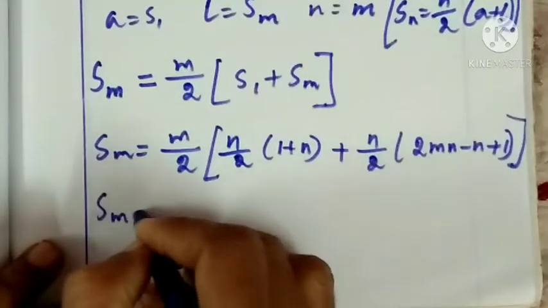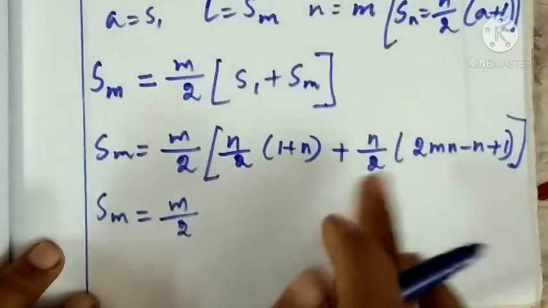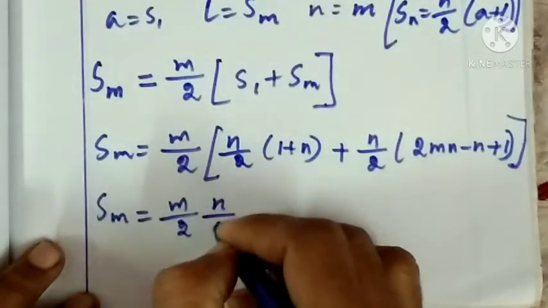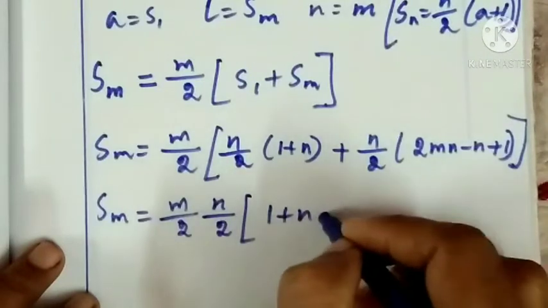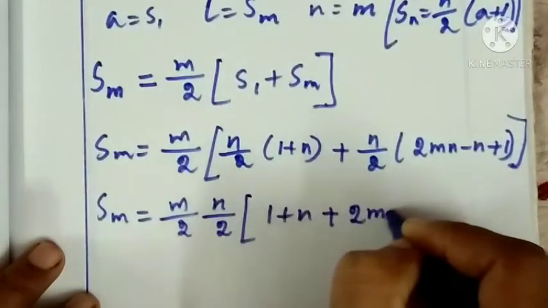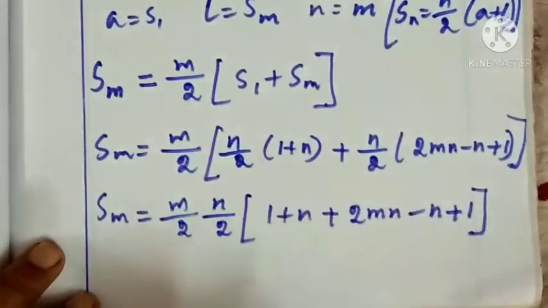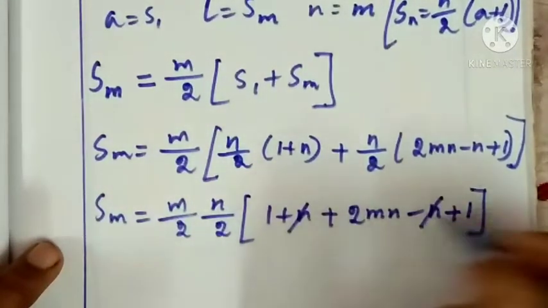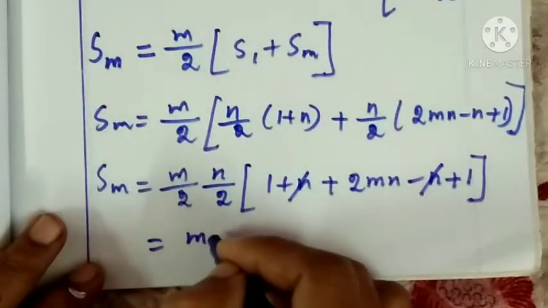Let Sm is equal to m by 2. Here n by 2 is common, so you take out n by 2 into 1 plus n plus 2mn minus n plus 1. Here plus n minus n cancel and we get m